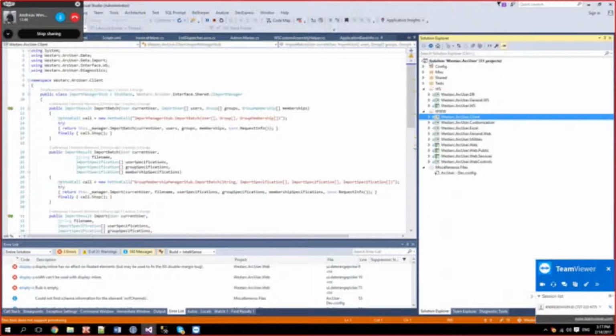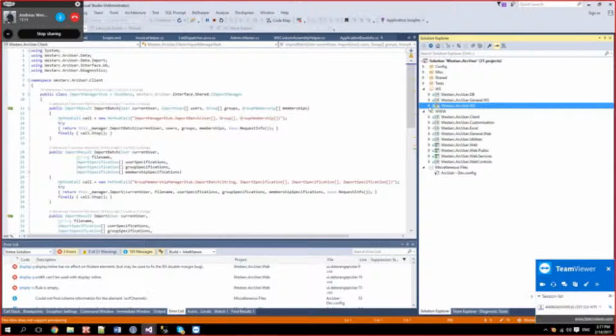Then we got some, well, utilities, web controls, Excel functions, and a lot of customizations over here. We can take those later. We just skip to the backend now.